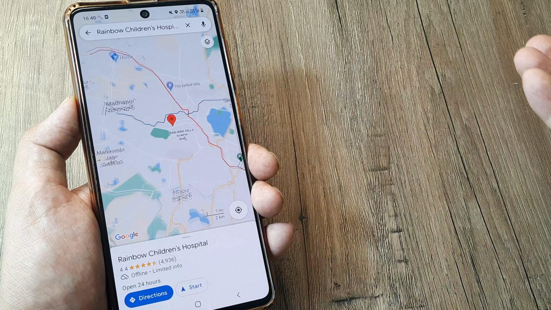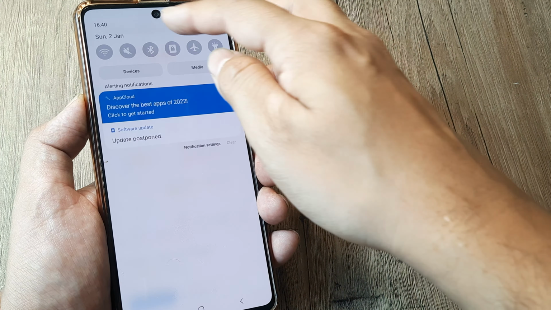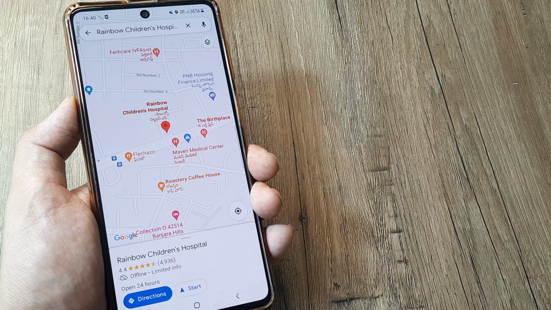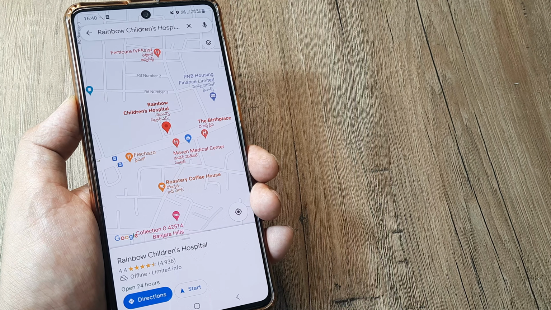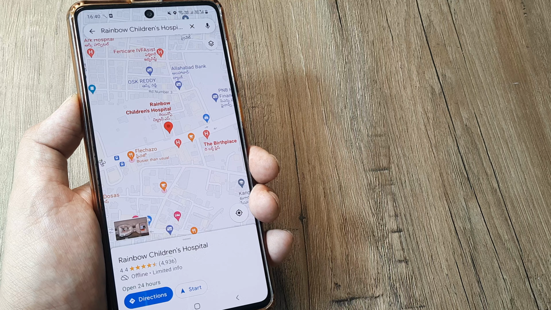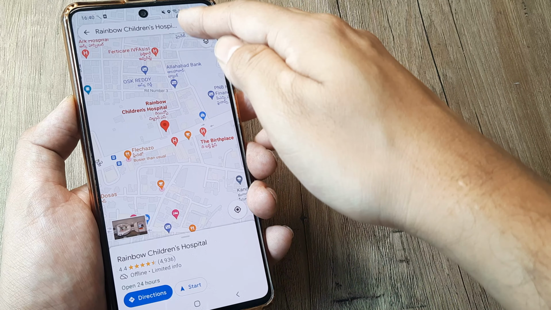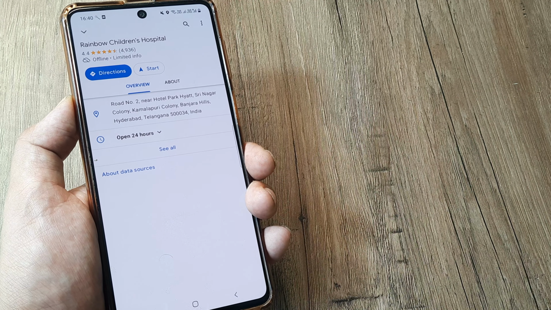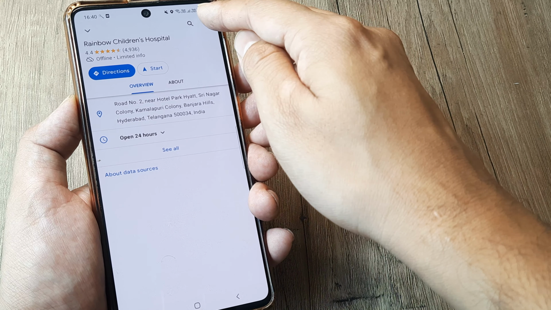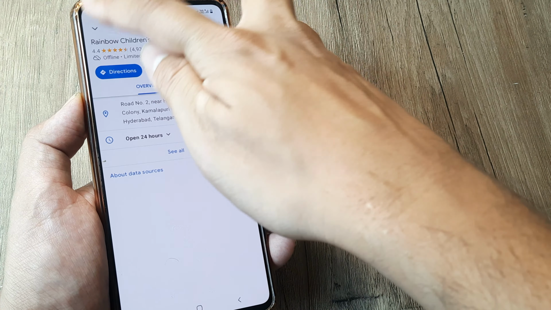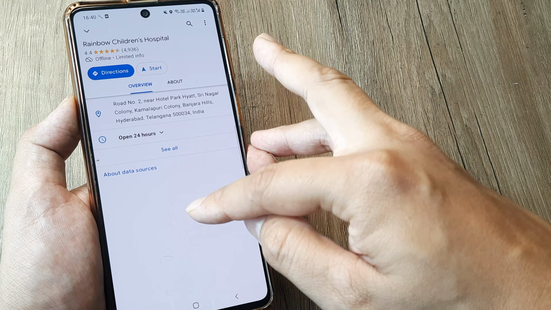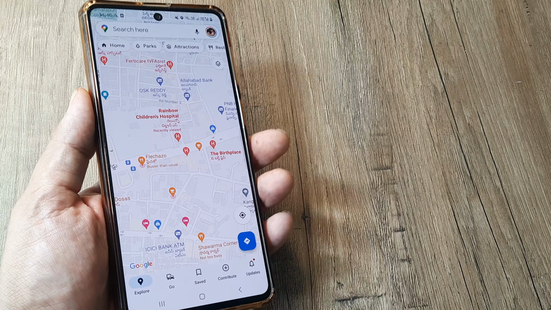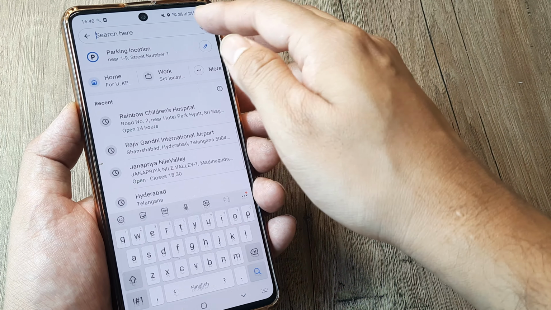Say for example, it could have been a hospital and I can still go ahead and download this hospital. So once we are online, let this device go online. So the device is now online. So we have searched for this certain place. Now I will just go ahead and tap on this place. So I just go back to this place. I had a few net issues, so let me try and do this again.